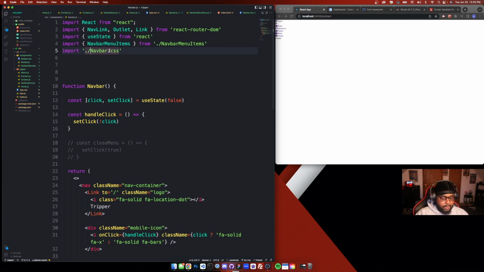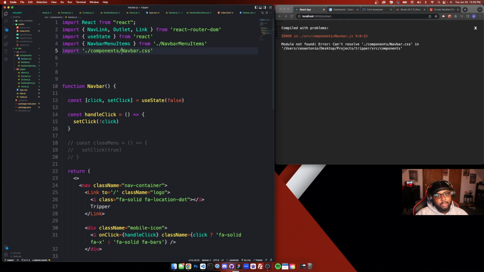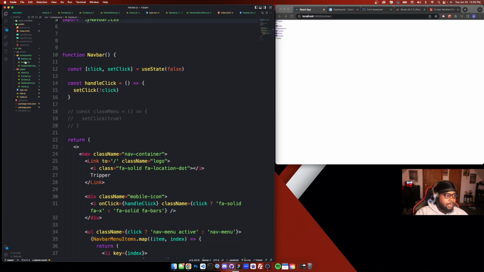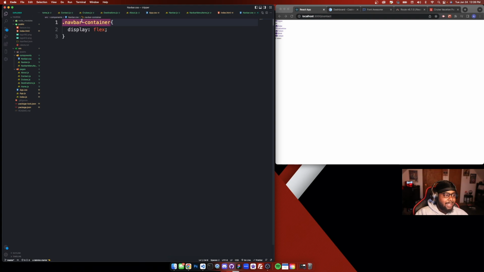Maybe I gotta add the components path, /css. Okay, I did something wrong. Import. Why is it not working like this then? Maybe I just spelled this wrong. Yep, I did. I did navbar CSS as nav CSS. Nav container, sorry. Alright, so we got a nav container and